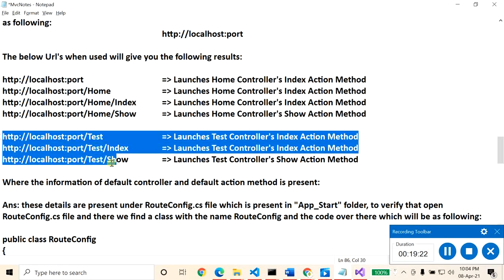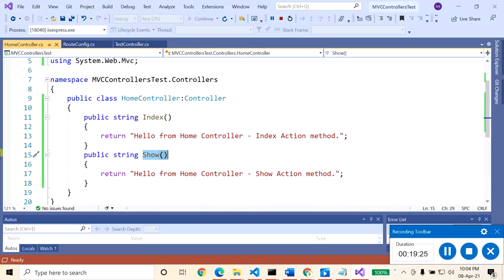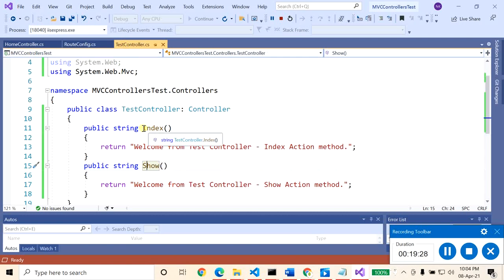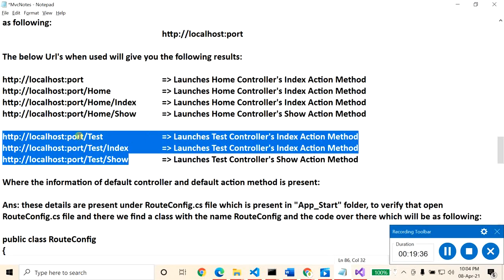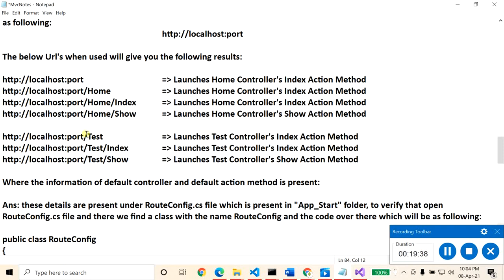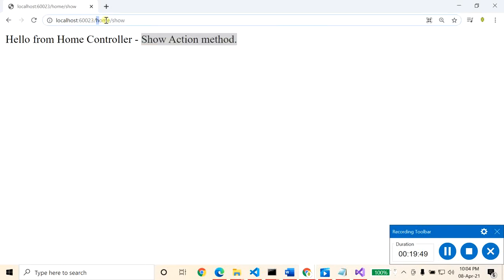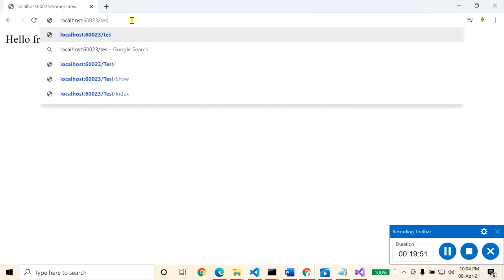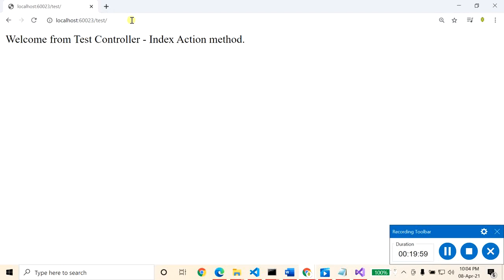Okay, so this was for the home controller. Now, in the test controller, to invoke the index action method, you have to put test, and index will be the default. So test is the controller, and there is no need to give index; by default index will be there.